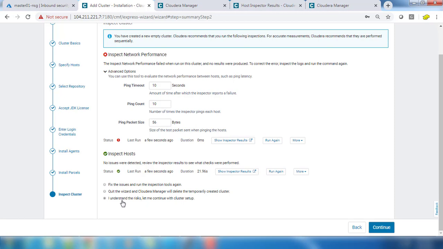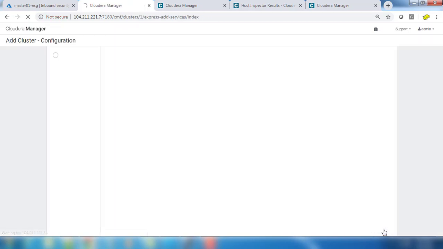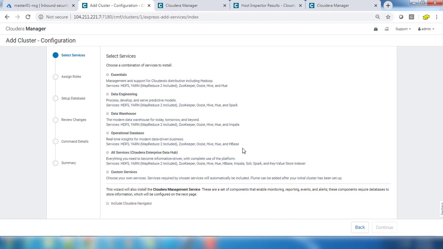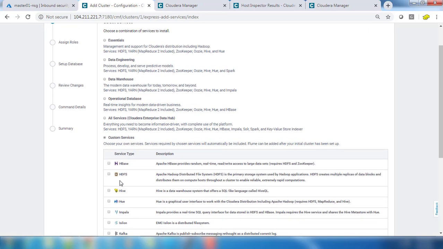Since our first part is failed, we have only one option, like choose understand the risk and let me continue this setup, so that we can go ahead. Now we have got service selection, like what are the services or components we want to choose. So we have some packages like essentials, data engineering, data warehouse, or else you can choose the custom services where you can customize or select your own services.